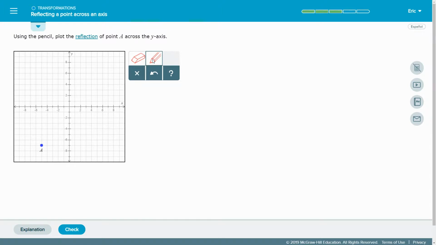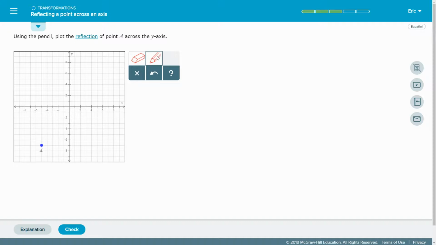Reflecting a point across an axis. A reflection just means you're flipping it, just like in a mirror. You're in the same position, you're just being flipped. So, our first part about this, using the pencil, plot the reflection of point A across the y-axis, is asking